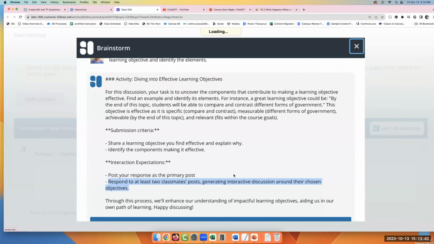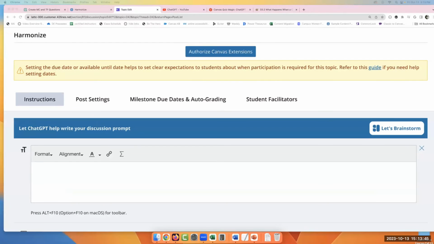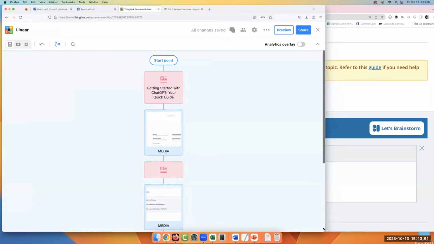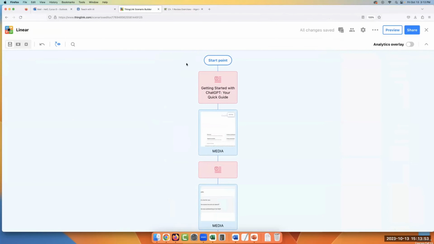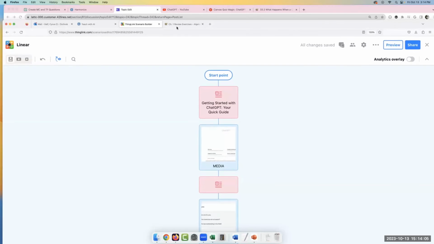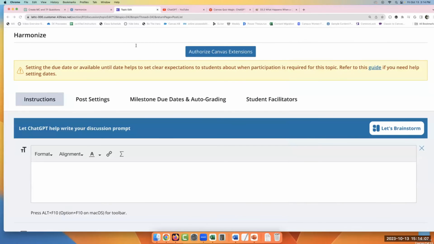And the last thing we're going to check out is kind of a fun one, ThingLink. And this is an app that we're sort of evaluating. And it basically lets you create these learning objects. And I asked ChatGPT to help me with this because I wanted to build a scenario.